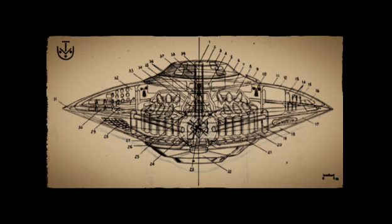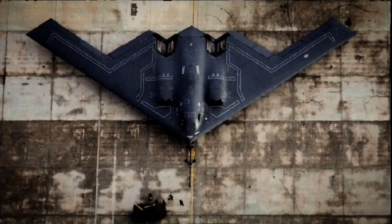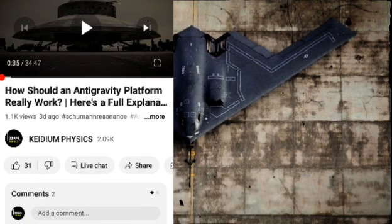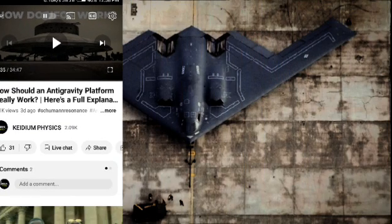Let me talk about the governments. The US government does whatever it can to keep these things a secret. Whoever tries to reveal the working principles of these flying objects is murdered. But today on Cadian Physics, that's not going to happen, because we are going to dive into the secrets by which these flying platforms are really performing this anti-gravity phenomenon. Whether it's the OTCX-1, the Aurora production vehicle, or the Searl generator, everything about this anti-gravity phenomenon is going to be